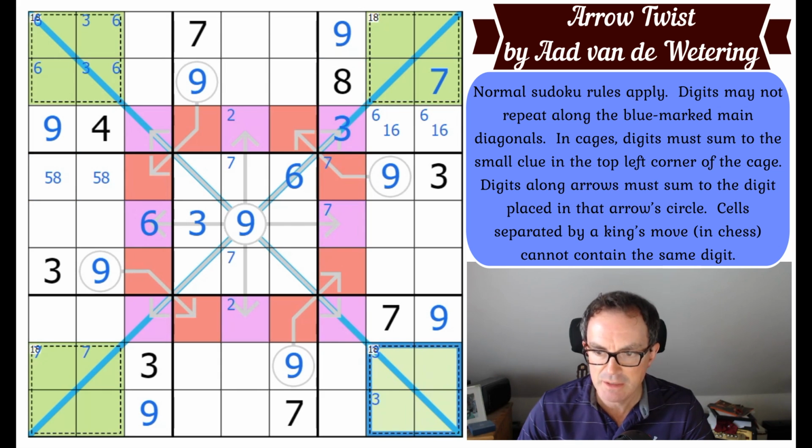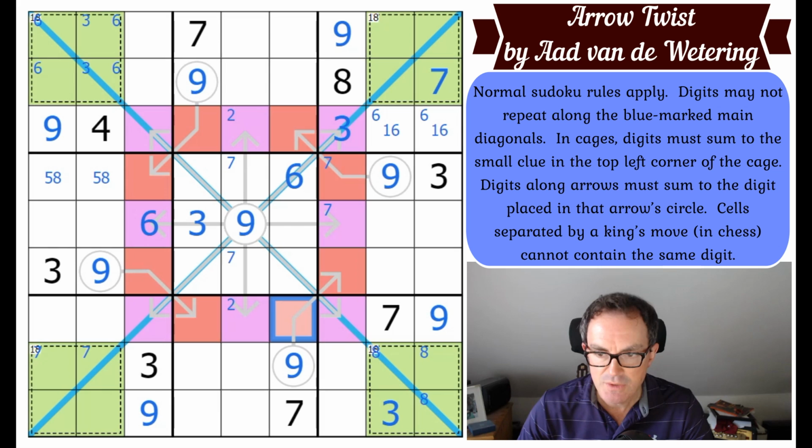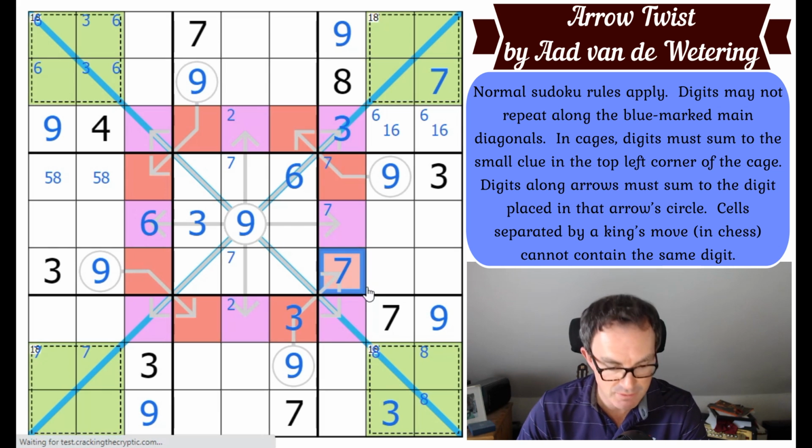8's got to be in that cage down there. Oh, 3. 3 in this cage down here, look, is placed. So 3 might be interesting in box 8. Yeah, it is, look. 3 can't go here, or you'd have to put 6 on the arrow, where it will clash. So that's a 3, which means that's a...